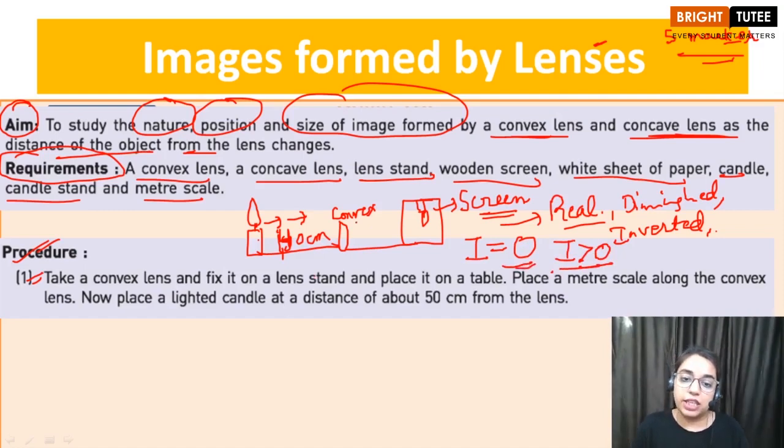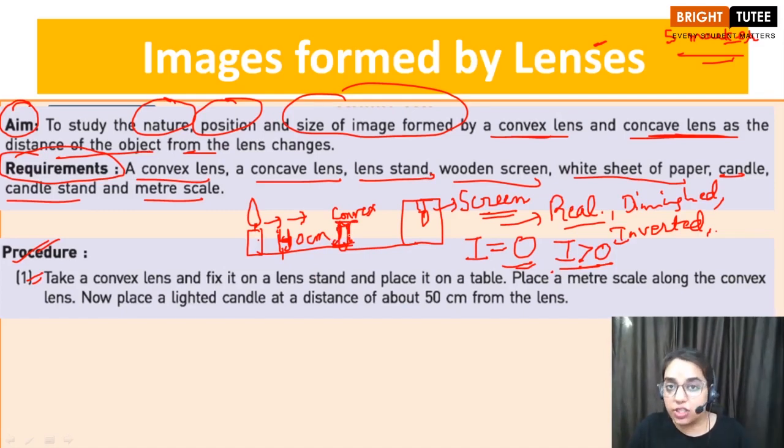Then we'll take the case of concave lens. If we place a concave lens over here on a stand and we start observing the image, we will observe that the image cannot be obtained on the screen. Okay. Why? Because the nature of the image formed will be virtual and erect. Okay, and children, the nature of image will always be diminished. There will be no such position where the size of image will become even close to the size of the object.